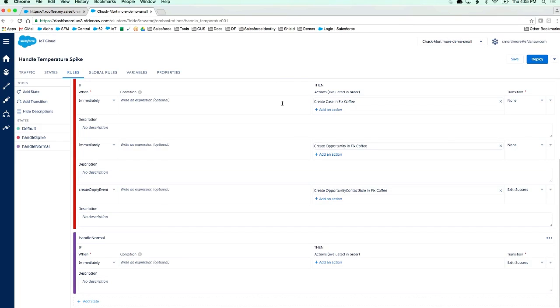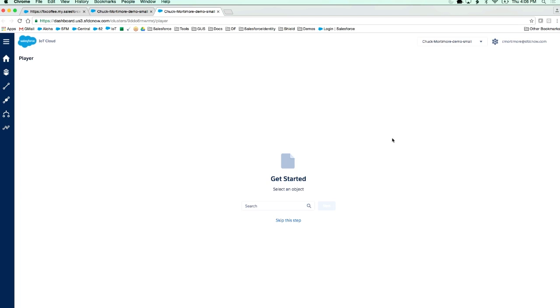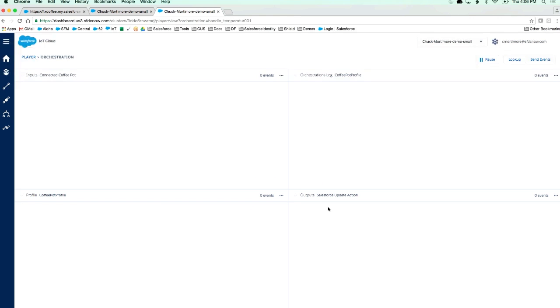Let's see it in action. So I'm going to do two things here. I'm going to pull up the player. Okay. And the player will allow us to actually look at data coming into the platform. So I now have a player. We're going to see data come in and the events coming out of what's going on as a result of